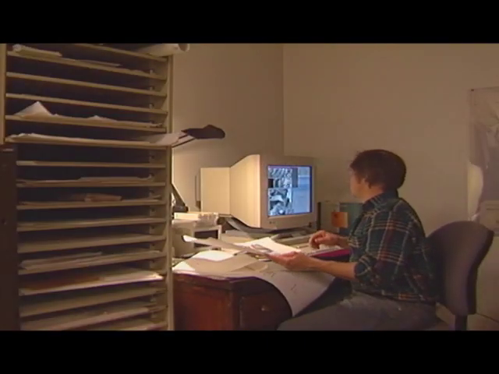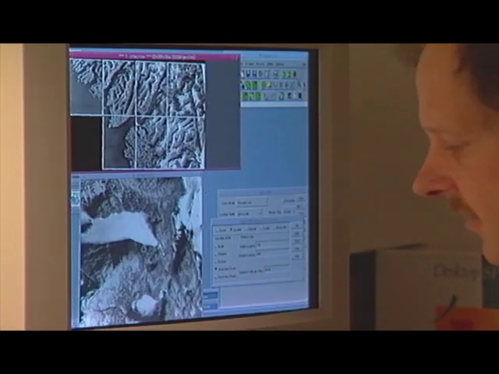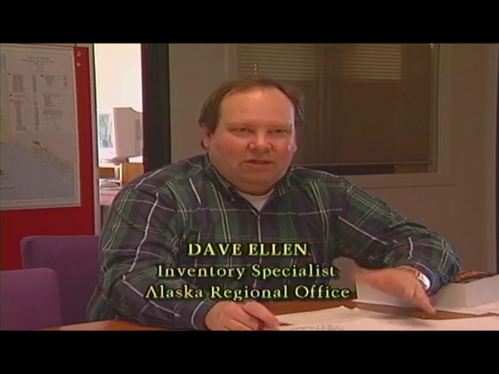All of the collected inventory information is sent on to the Forestry Sciences Lab in Anchorage, where the data is compiled and used for a variety of purposes. We plan to use inventory data in a totally integrated form for land management planning, for wildlife biology, habitat assessment, or biomass assessments, change detection, and any use of vegetation data that people might come up with in the future.